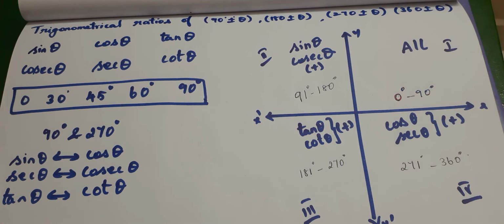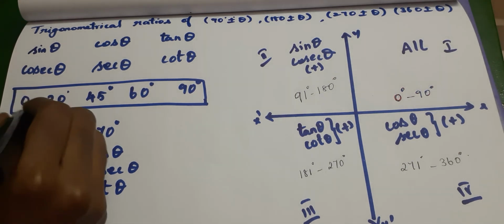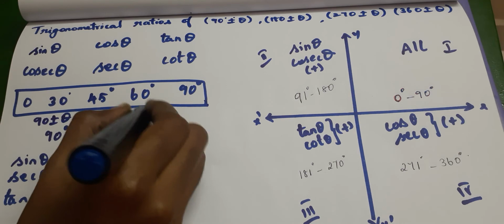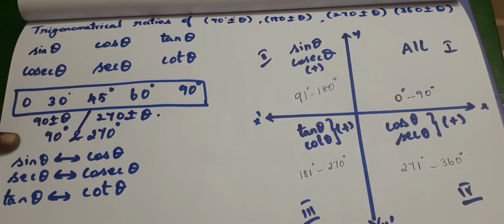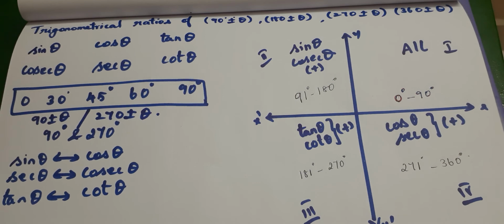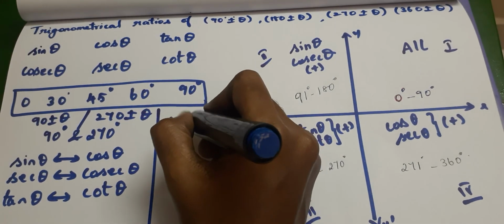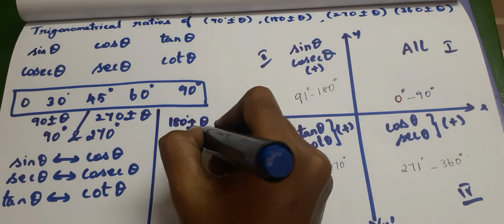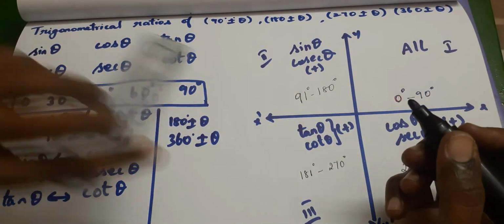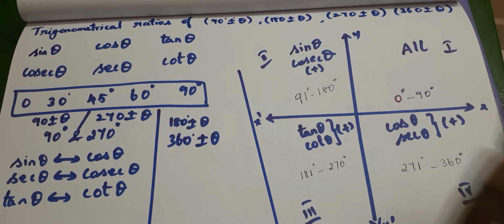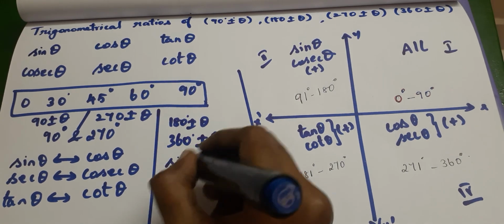Okay, if I am expressing the angles as 90 plus or minus theta, or else 270 plus or minus theta, in terms of 90 and 270, sin becomes cos, secant becomes cosecant, tan becomes cot. In case I am going to express in terms of 180 and 360, then there is no change. Okay, sin as it is, sin cos